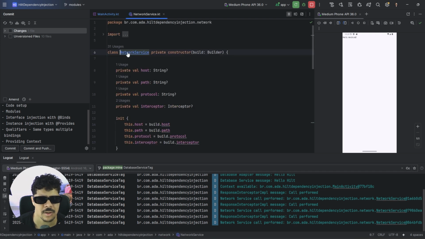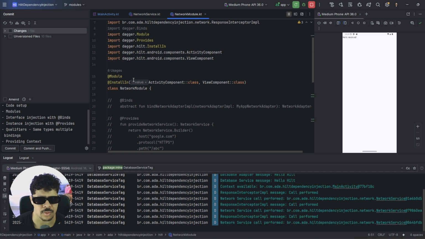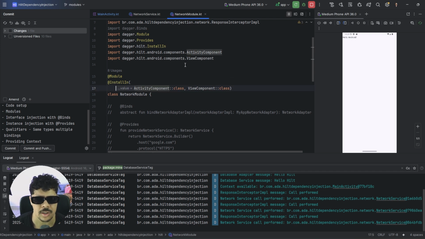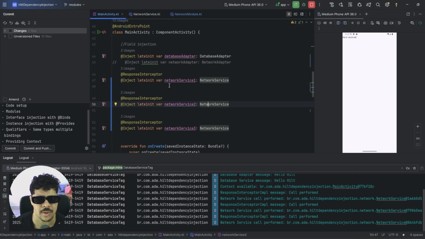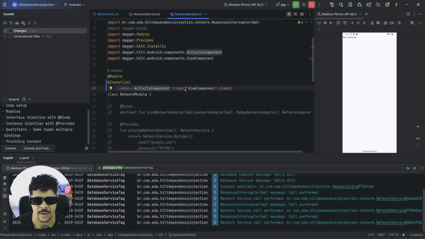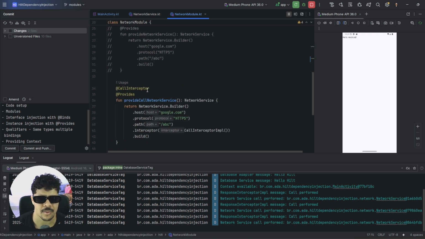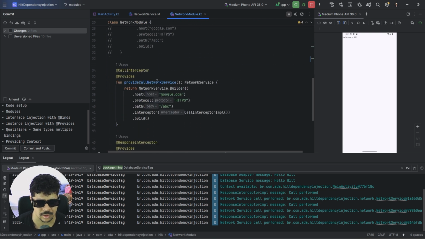Here you can see we have ActivityComponent and ViewComponent, which are different. ViewScoped is different from ActivityScoped. So if you want to annotate this, we have to remove this ViewScoped here. Let's just comment this, and now we can annotate it with